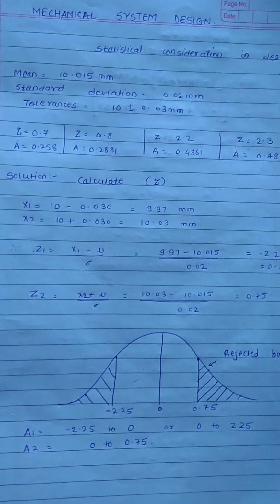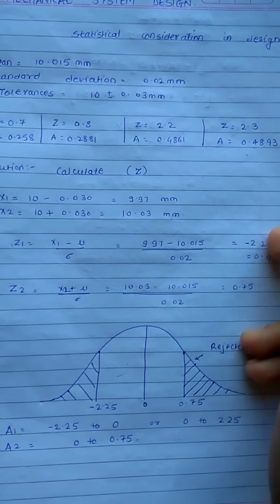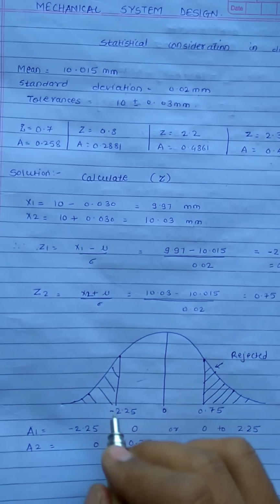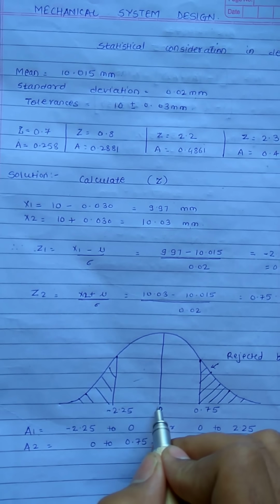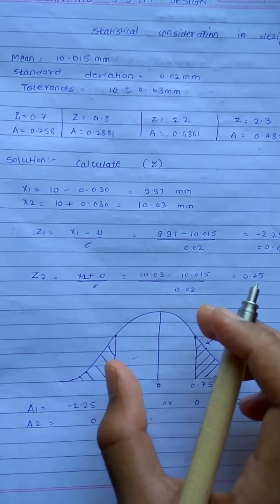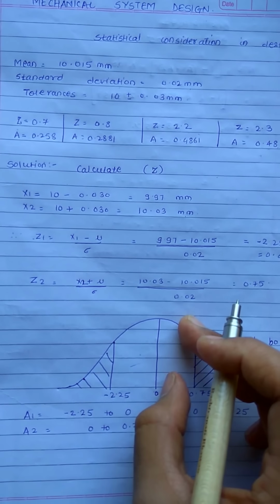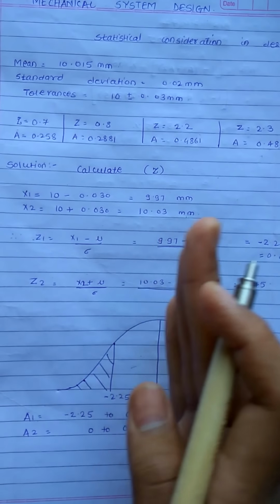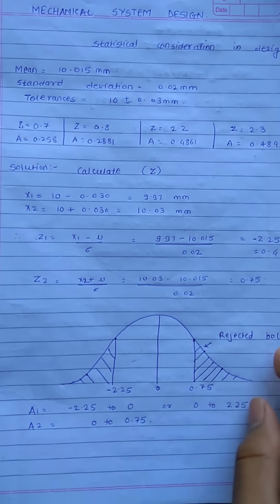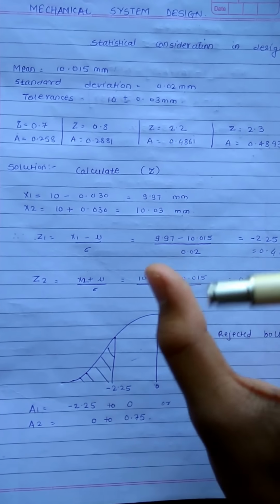0.4877. Before finding the area, you may think that our answer was negative, but I have not considered the negative answer in the calculation. Why? Because the area corresponding from minus 2.25 to 0 will be the same on the x side, and it has also one more significant answer, that while calculating the total area, some area lies on left side, some area lies on the right side. Therefore we take rejection on one side and acceptance on the other side. Therefore we shift minus to positive and all the rejection on one side. So we will be considering the final answer as positive 2.25 and calculating the answer.